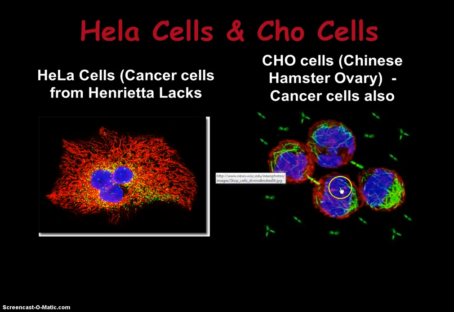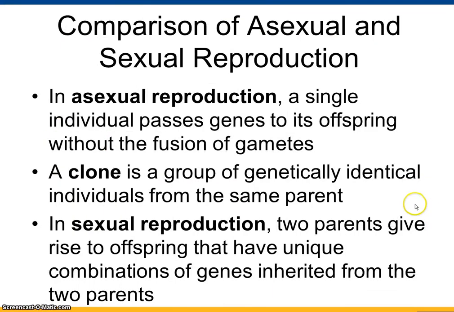Another kind of cell that they use are called CHO cells, which stands for Chinese hamster ovary cells, and they're another cell that are used in labs to study cancer. You can actually read about Henrietta Lacks. Her family apparently wasn't even aware that the hospital had kept her cells and that her cells are still being used today. And I don't know if the family ever got financial gain from that, but there is a story about it. And that's it.